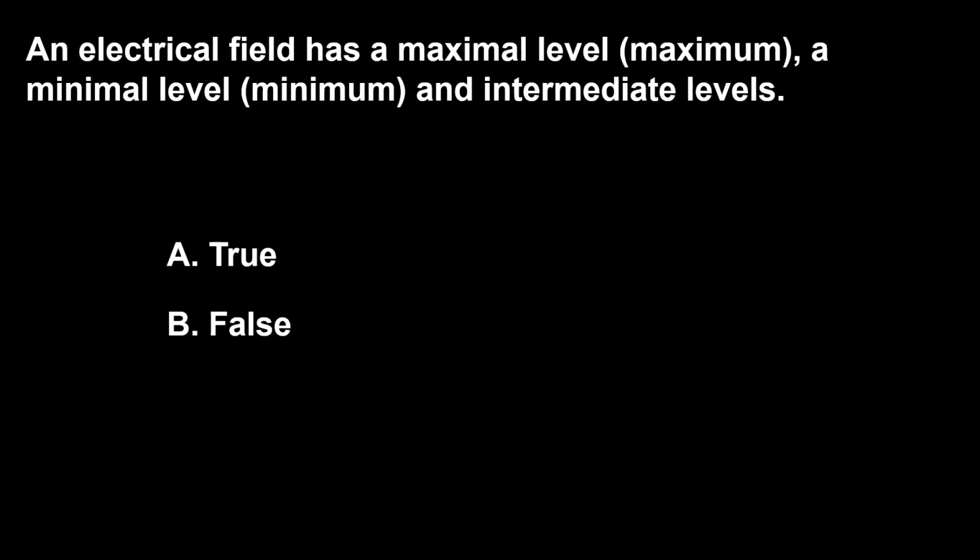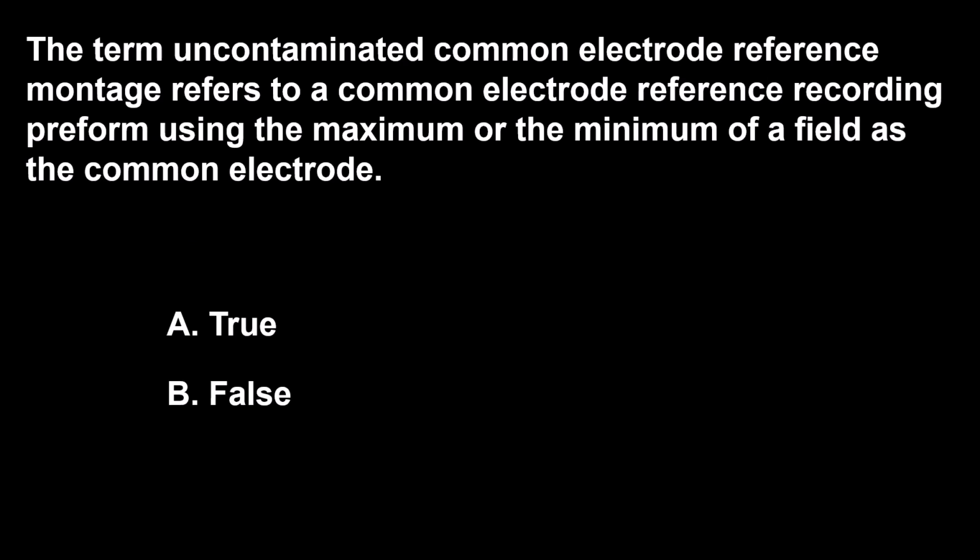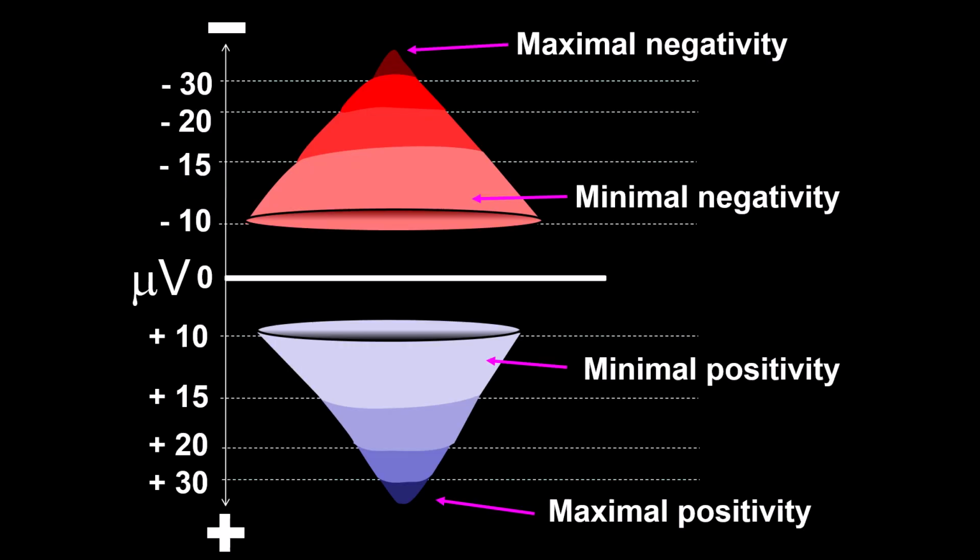So the answer to this question is true. Next question. The term uncontaminated common electrode reference montage refers to a common electrode reference recording performed using the maximum or the minimum of a field as the common electrode. A, true; B, false. In this frame I have represented the maxima and the minima of a negative electrical field